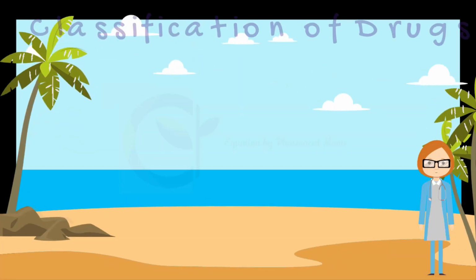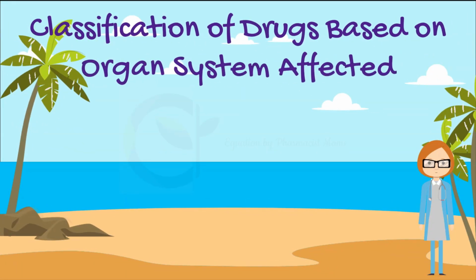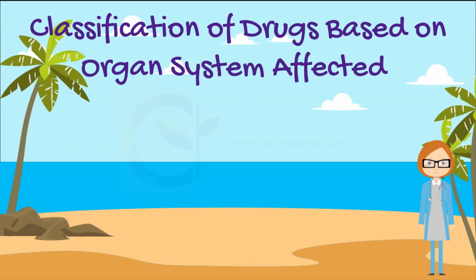After that is classification of drugs based on organ system affected. This categorization signifies the organization of the anatomical therapeutic chemical classification system. Usually, drugs outlined within the ATC classification system should be included in this classification. It has 14 subcategories, which are